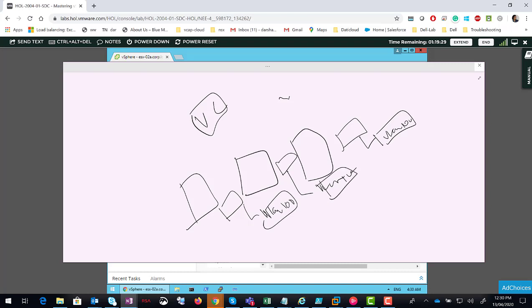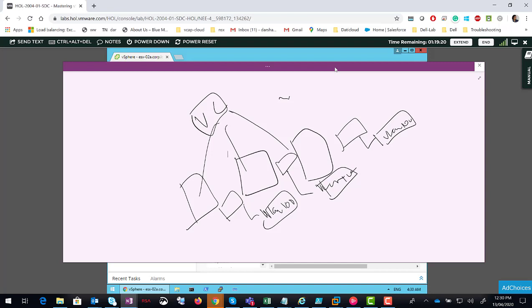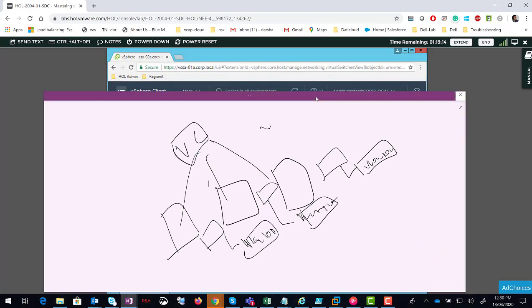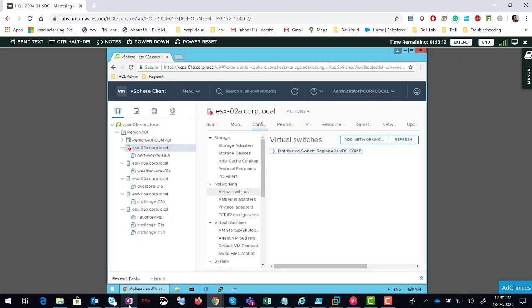Then this is a cluster enable. Then we can do the vMotion, whatever thing. That's how in the standard switch we have to do it manually in all the ESXi host with the standard switch. But when it's coming to the